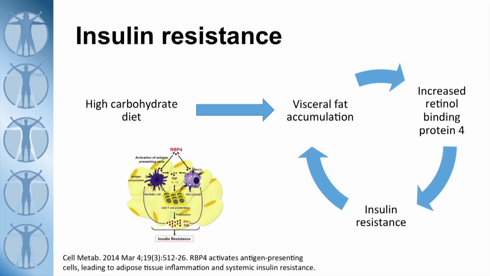So here's what happens. And this is grossly simplified, but we might present the science at a conference in the future. You have a high carbohydrate diet, and in particular fructose is implicated here, as most of you will know, and that leads to fat accumulation, the visceral fat and around the liver. That then directly leads to an increase in this retinol binding protein 4, and through various mechanisms, this is the molecule which actually contributes to insulin resistance. Now, I think you can see the problem here, because we know that insulin resistance leads to fat accumulation. This is a rather nasty cycle here, and the only way to deal with it is to eliminate carbohydrates from the diet.